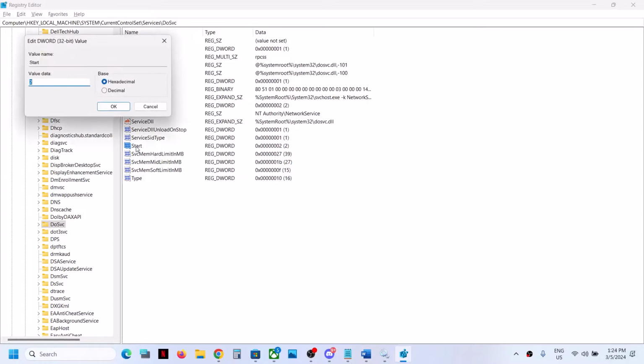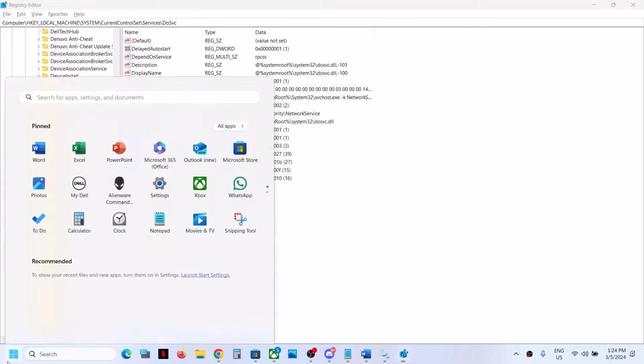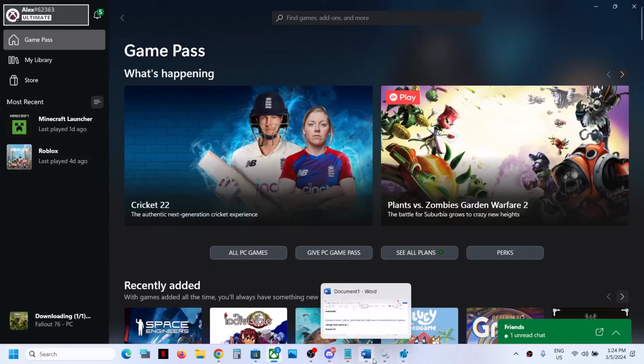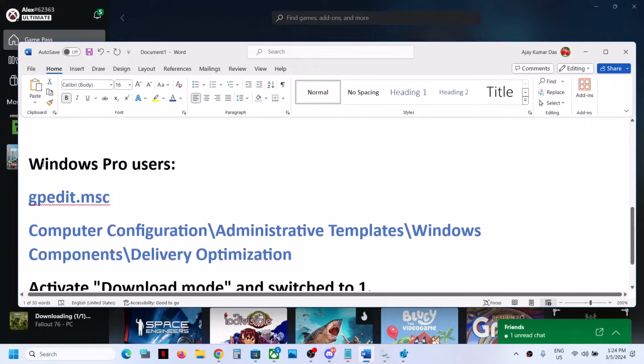Now make a double click on Start and you can set the value data to 3 and then click on OK. Now once this is done, restart your computer, and after the system restart, try to install the game and then check. If that does not work, now in that case the next step is